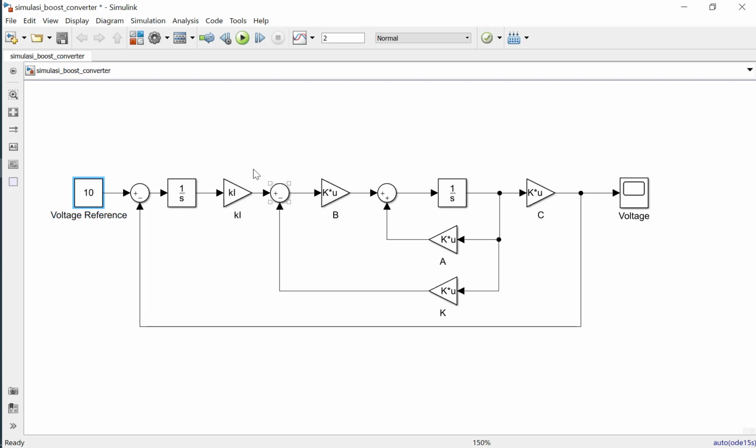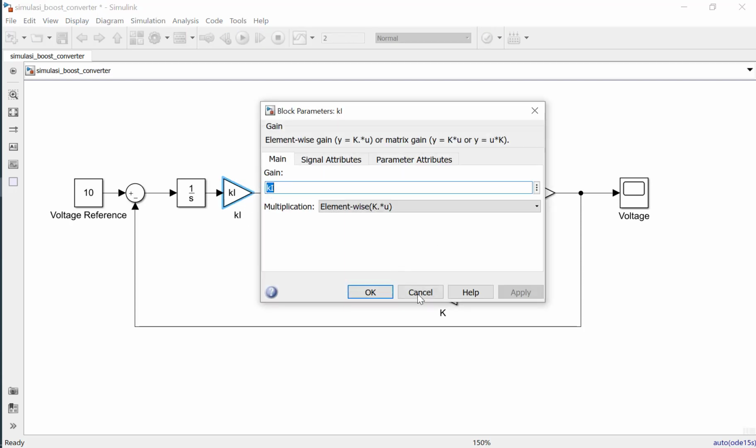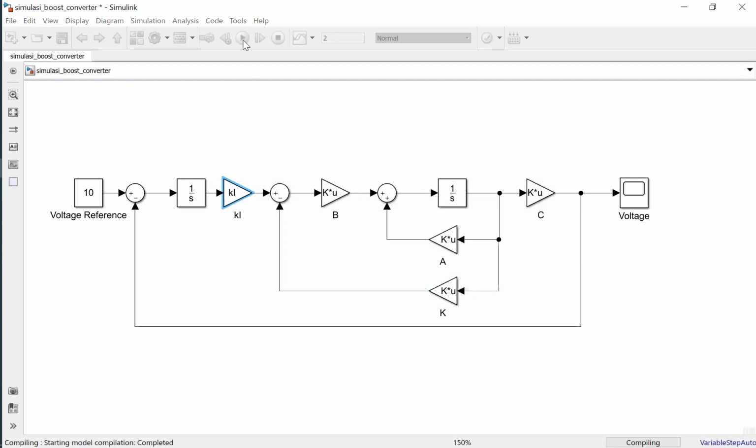So this is the feedback, and we need to get the feedback to calculate the error here. So the input for the integral control is the error. We then integrate the error, and then we multiply using the Ki here. Okay, we run the simulation.